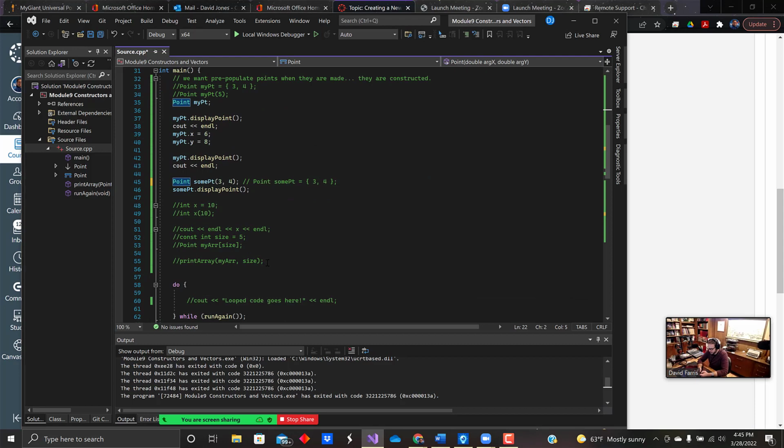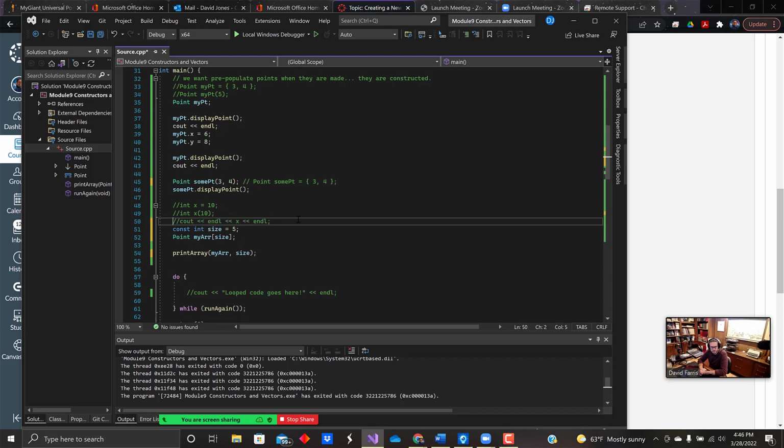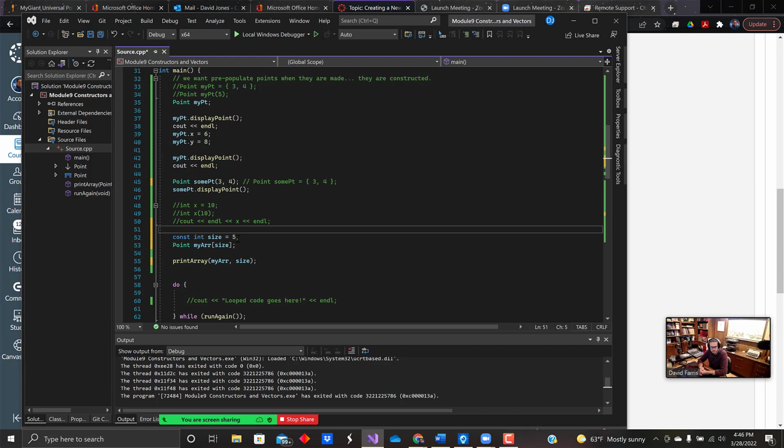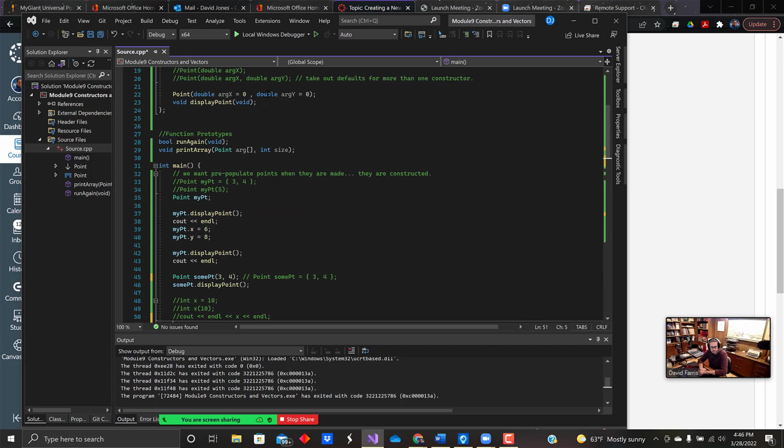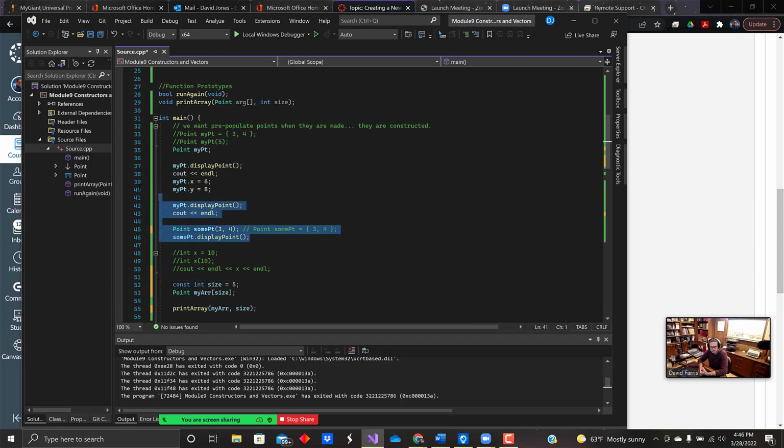Then we looked at doing the point array. That's right when you would pop it in. Let's see how that one works. So I set up an array of points of size 5. And since I didn't use any constructor call, it's going to use the default settings in the constructor up here for each point. So if I comment out all those,